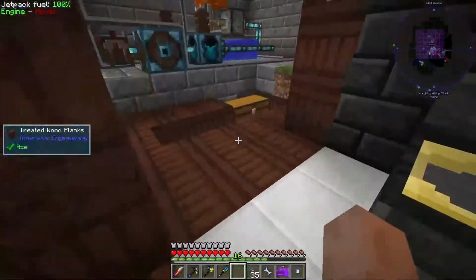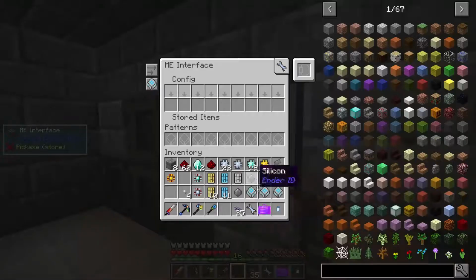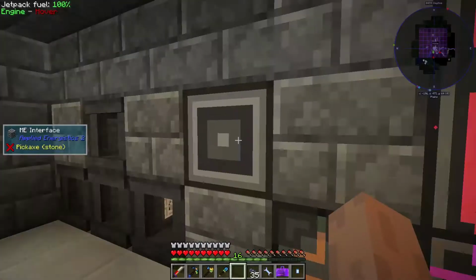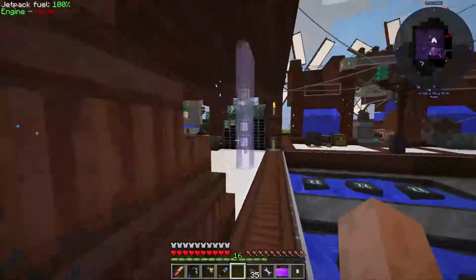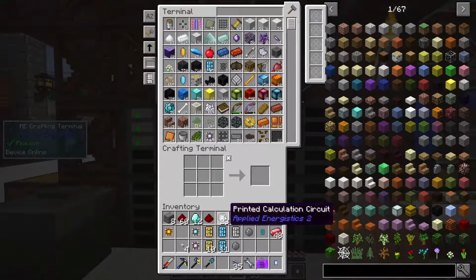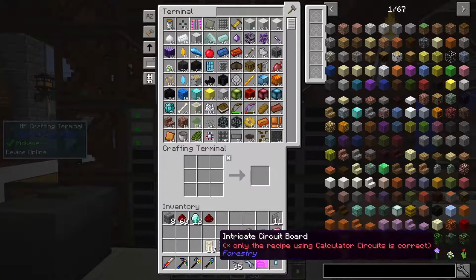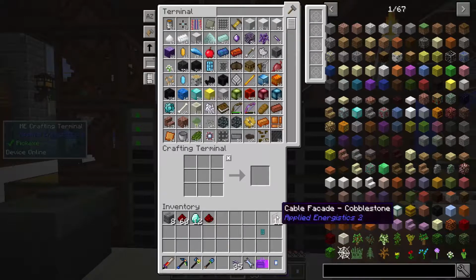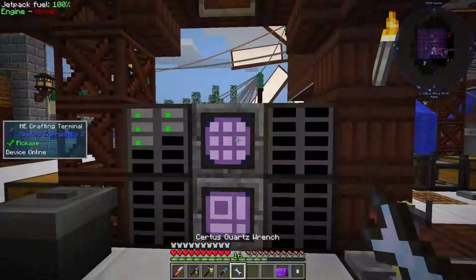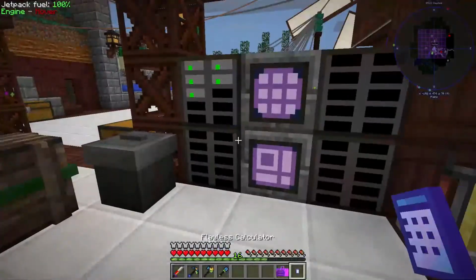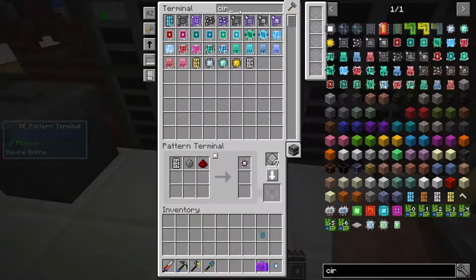Now hopefully if I've got everything right, I should be able to throw these in here. 1, 2, 3. So those are now in there. Let's go see if we can get this to work now. Let's chuck all those back in there. Let's chuck those in there for now. We're pretty much done with the rest of this. Chuck those facades in there, and I think I will pop that in here. There we go. Right, so if I come down to this crafting terminal and do circuit,